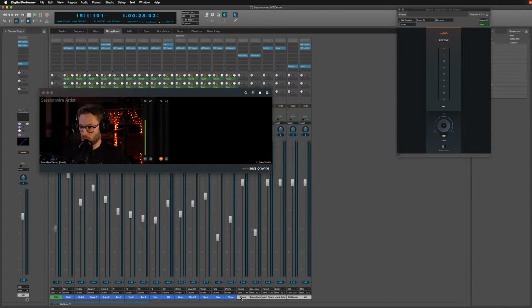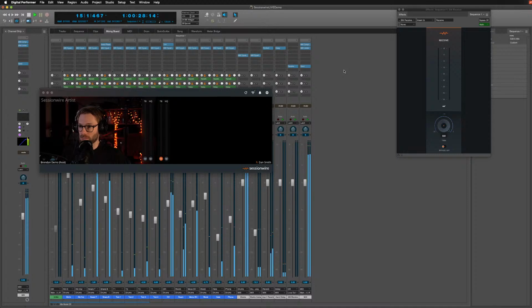And all of my drums get funneled down to this drum bus. I'm going to change the output of this drum bus to mix. I'm going to change the output of my drum compression bus to mix, the reverb to mix, anything that I want to go to the remote side of the Sessionwire call is going to go through this actual mix aux, so that if I play this now,